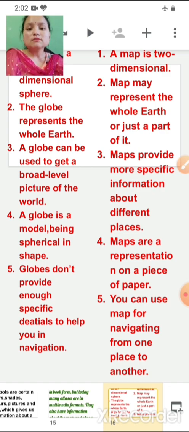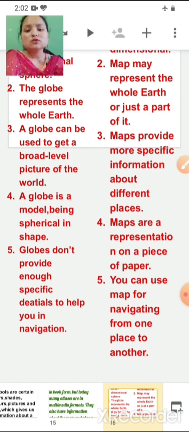A globe is a model being spherical in shape. Maps are represented on a piece of paper.